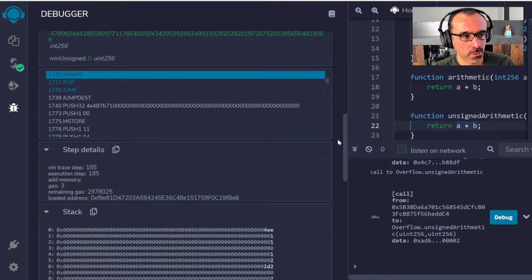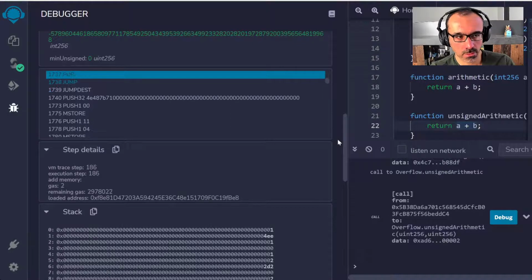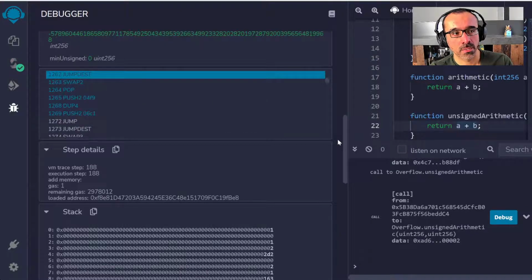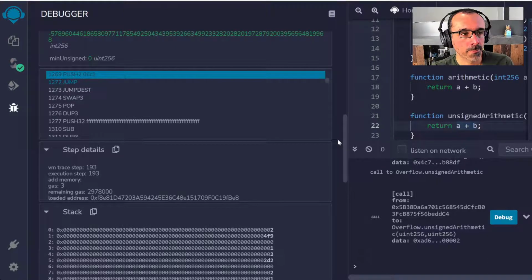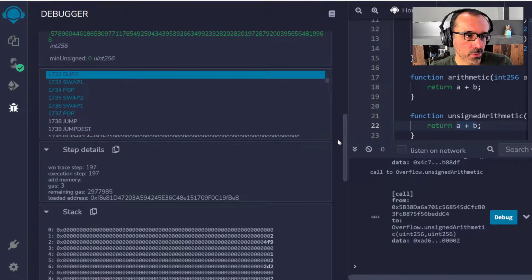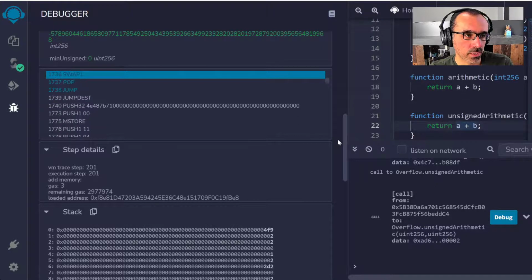First of all, it will find out what the range of the data type that I have used is. So in this case, it will find out that I'm using a 256-bit data type, and then what the range for this data type is. And once that has happened, here is where the interesting part is, where the comparison is going to happen.